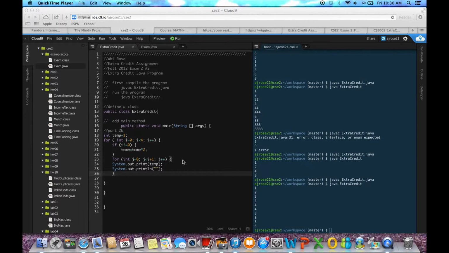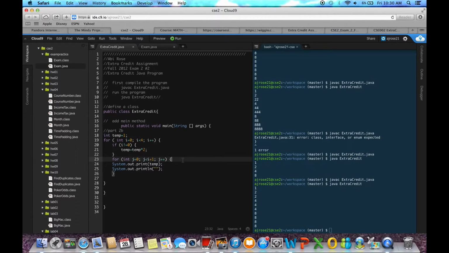Okay, and the final thing that we have to work on is to get the pyramid shape. So we are going to use, once again, another for loop, and we're going to do this one as k. So we're going to do int k equals 0. And for this one, we want it to run until j is done running. So like this, similarly to the one above, we're going to do k is less than j plus 1. And then we want it to increment by 1, so we're going to do k plus plus. We're going to open this, and then the tricky thing with this is to know when to close this loop,